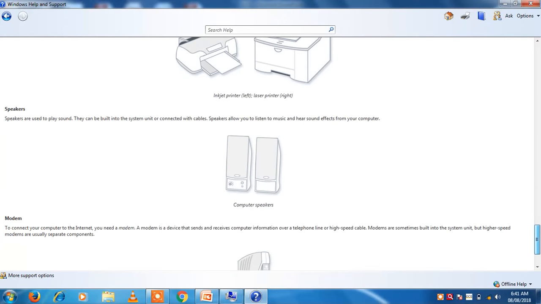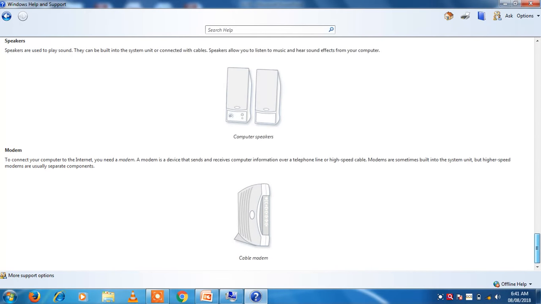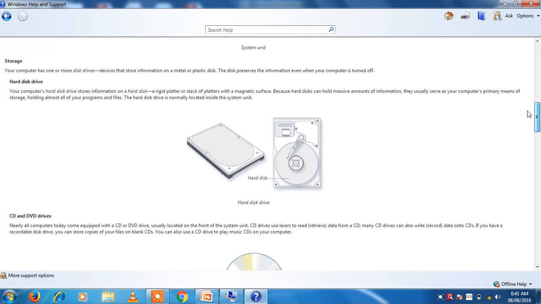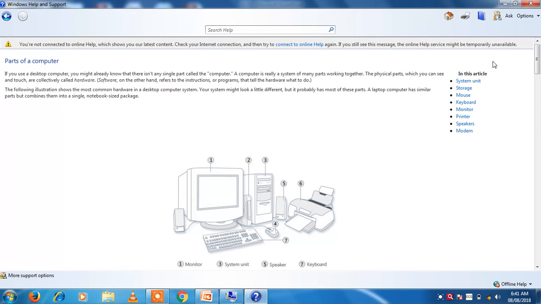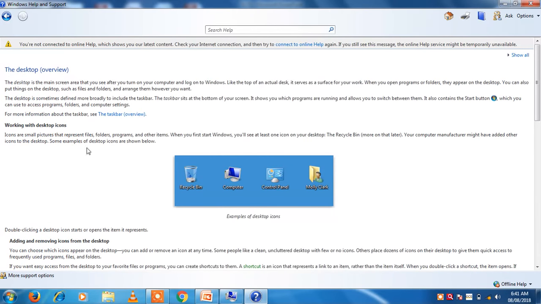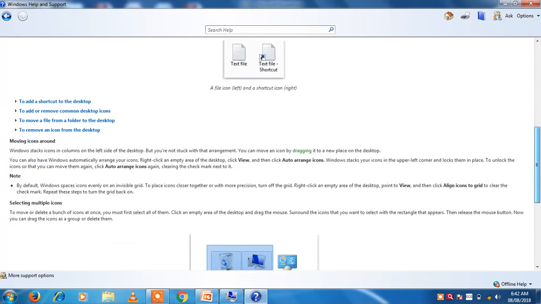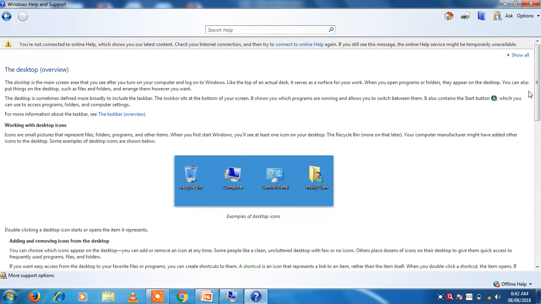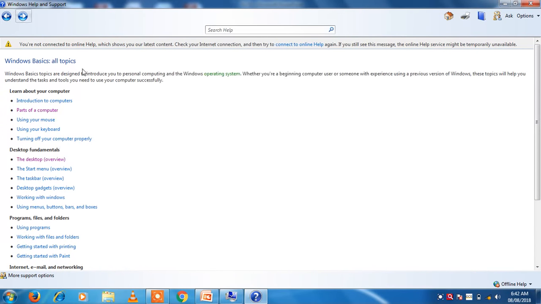By the help of the Help option, you may learn the actual definition of these hardware and what is the function of these hardware. You may learn very well. Okay, you want to know how to use the mouse, using the keyboard, what is the desktop overview, so you may learn about that. An example of desktop overview is given in Help. This is the notes, like you create notes. So like that